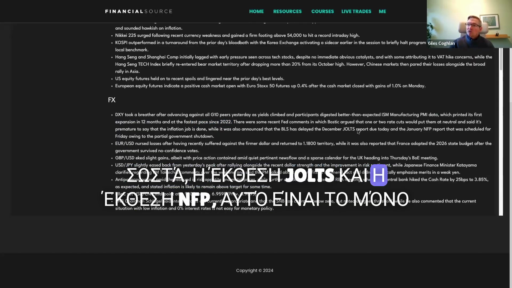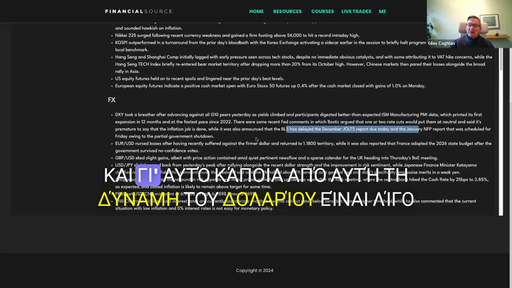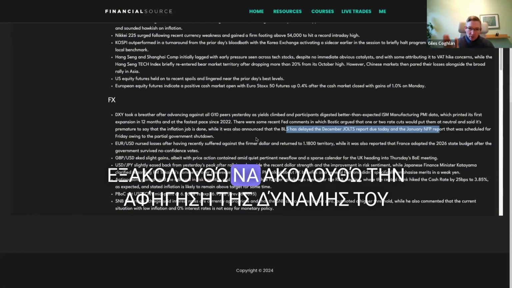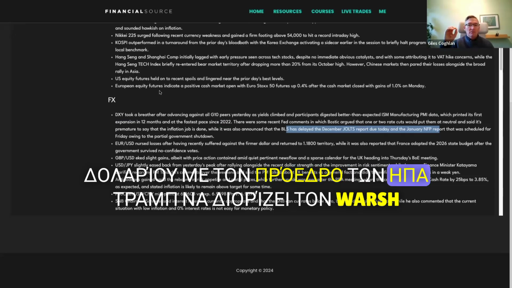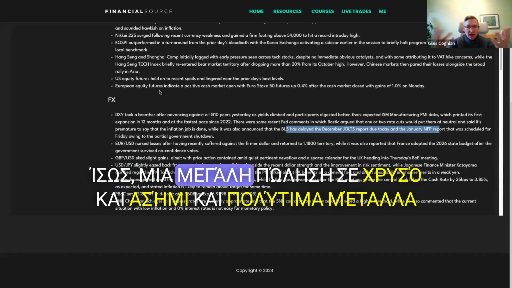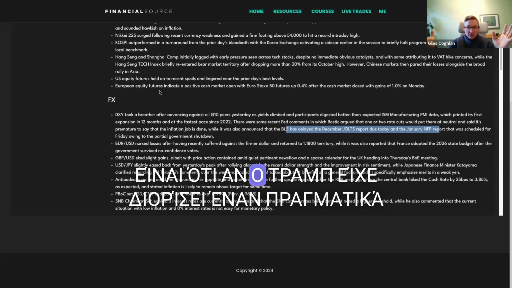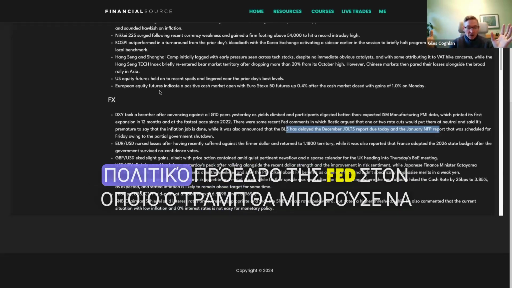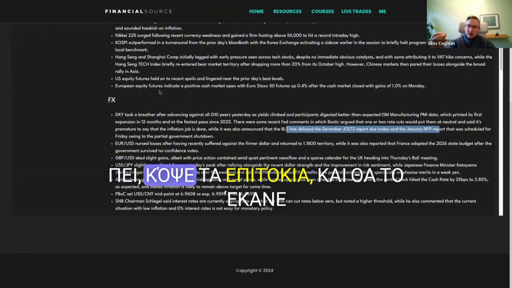Right, the JOLTS report and the NFP report, that's the only thing, and that's why some of that dollar strength is a little bit more questionable. I'm still following the dollar strength narrative with US President Trump appointing Warsh. One of the reasons we've seen a big sell-off in gold and silver and precious metals is that if Trump had gone and appointed a really political Fed chair